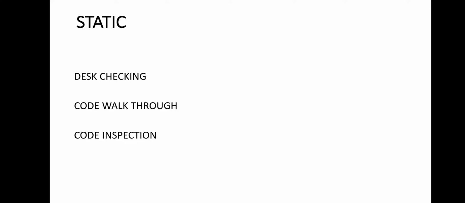So students, by making humans test the code before execution, computer resources can be saved. This is a very important thing, that we are saving our computer resources. Of course, this comes at the expense of human resources, not at the expense of machine resources. So this is your static testing. There are multiple methods to achieve this kind of testing. These are desk checking, code walkthrough, code review, and code inspection.